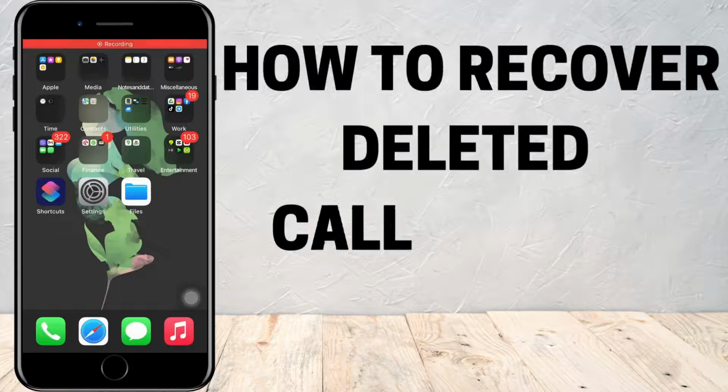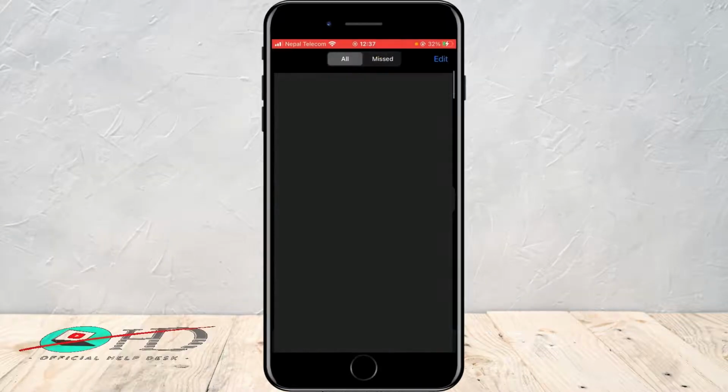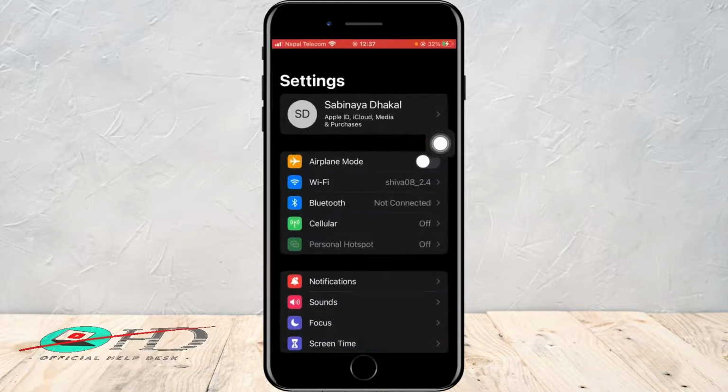How to recover deleted call history on iPhone. So if you have all of these call history deleted right here and you want to restore it back again, then the things you want to consider is that first of all, go to settings, and after you go to settings,